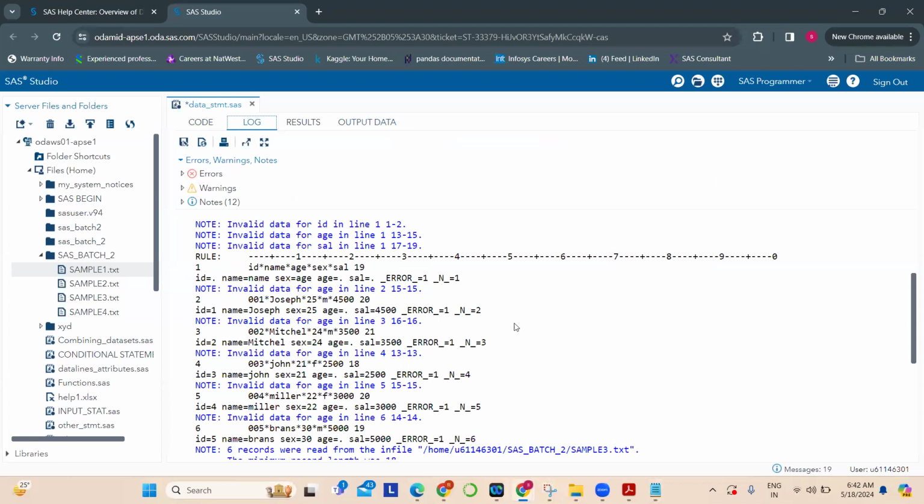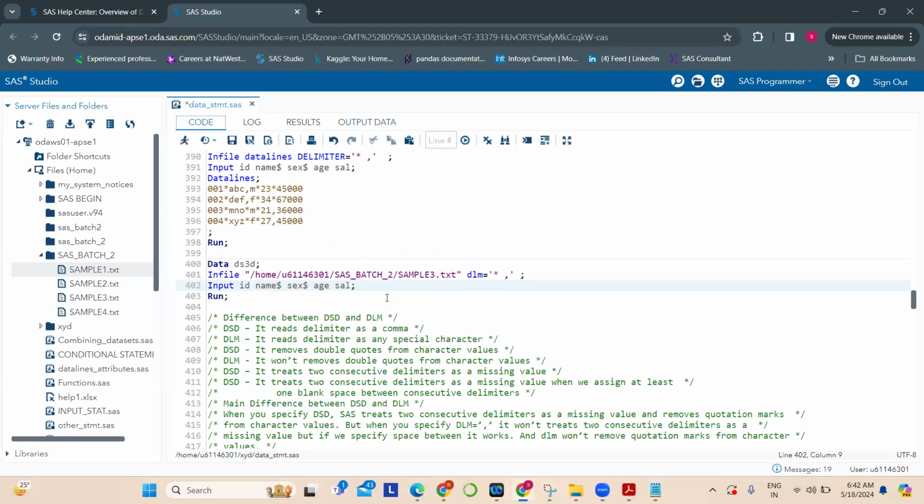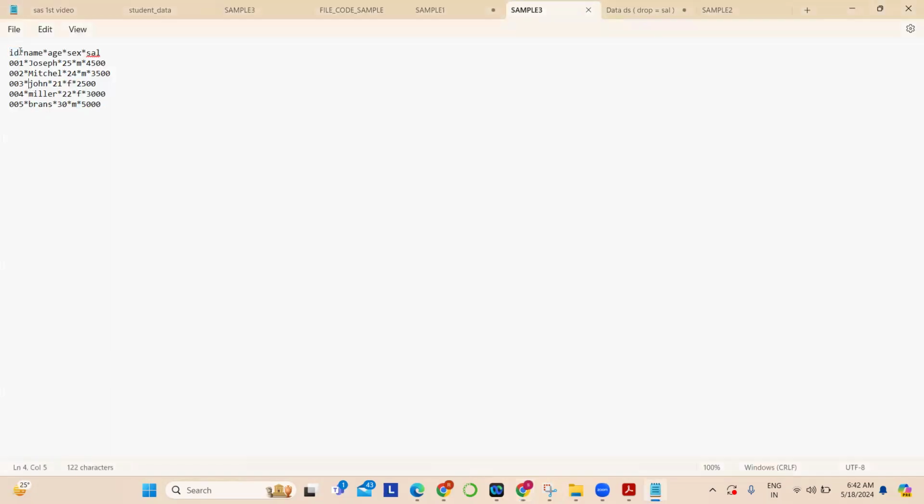So the entire data got messed up because we have mentioned ID as a numeric here, but we have ID as a